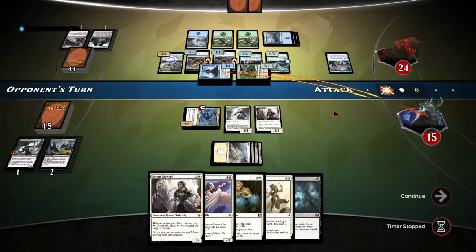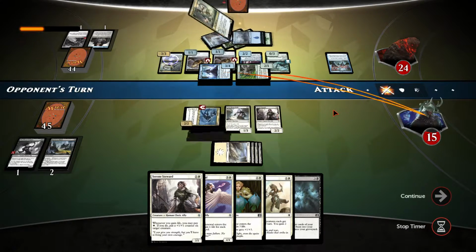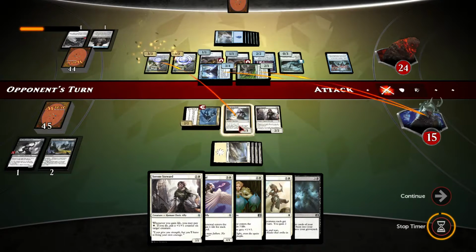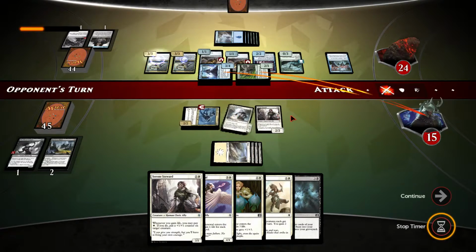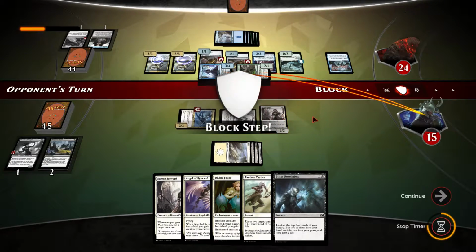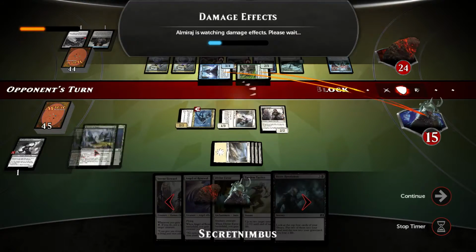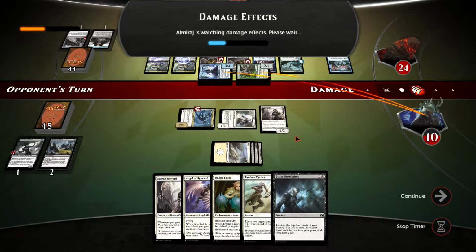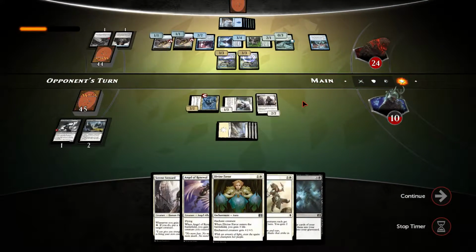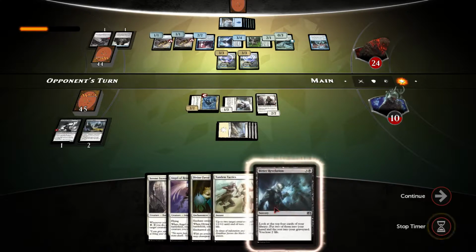What's he doing here, then? Okay, he's got another Bounding Krasis. Interesting. I guess he's going to tap down that one. Yep, what a surprise. Okay, so at least he's tapped out now, which, I don't know, would have been good to have waited for the Bloodborne Emissary now, but... So, what do I do here, then? This is a tough choice, I mean...